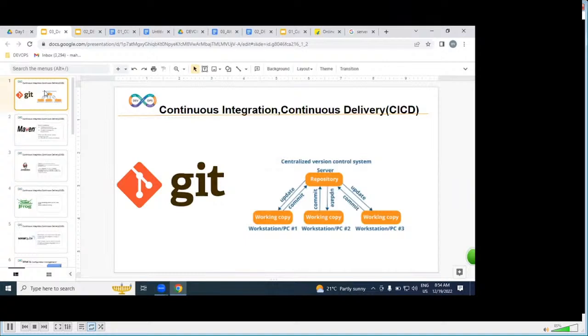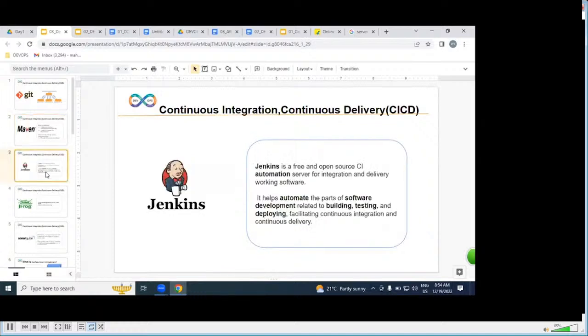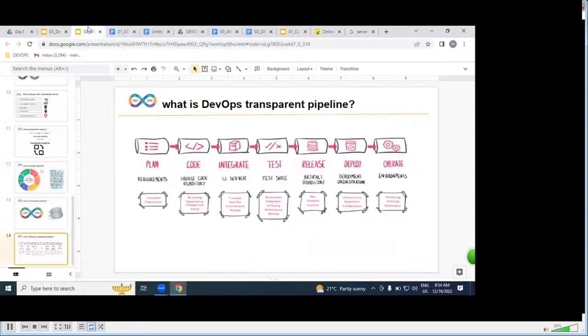All developer source code we should execute, right? We need to build it by using Maven. But this entire process we are going to automate, right? With the help of Jenkins. Jenkins is an automation tool.